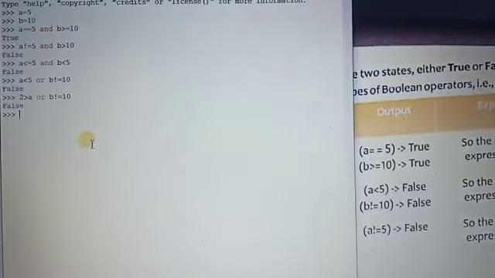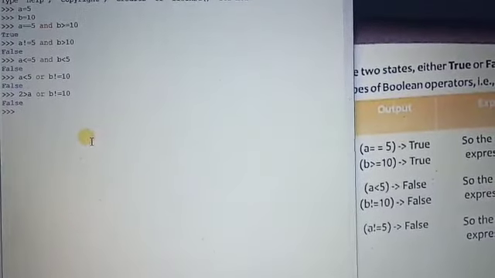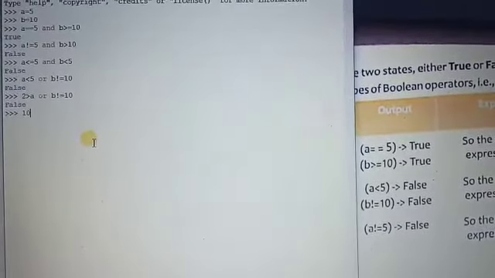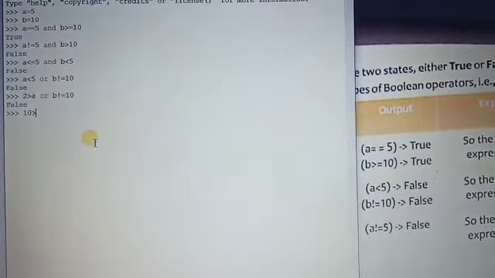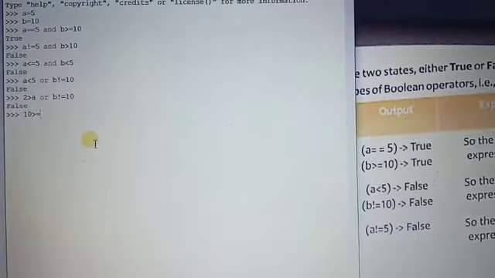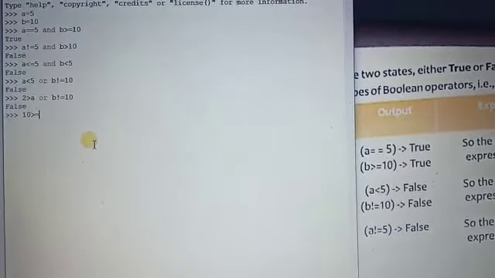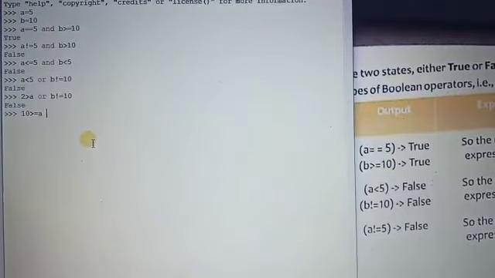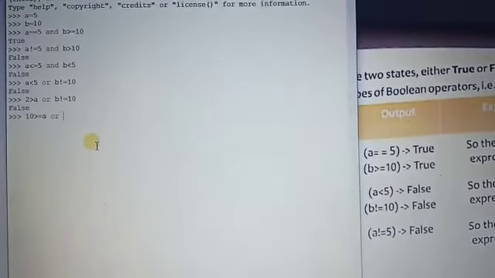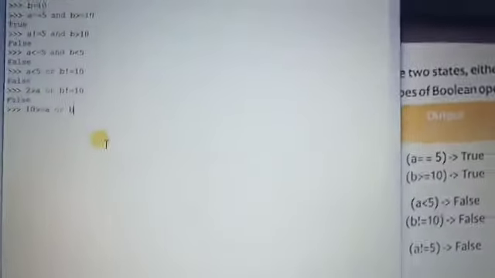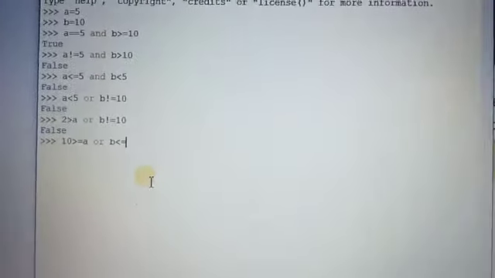I can convert it. Here I have defined 10 greater than or equal a or b less than or equal 5.